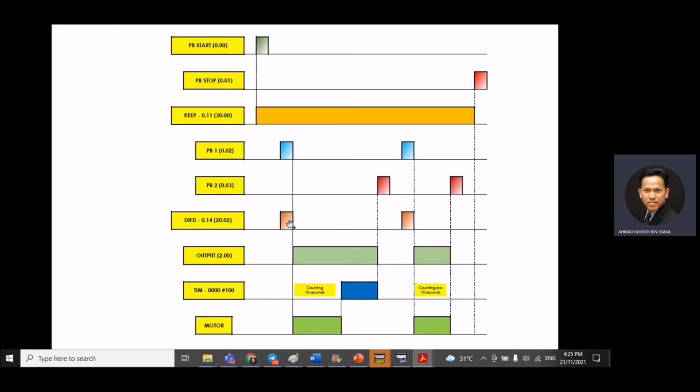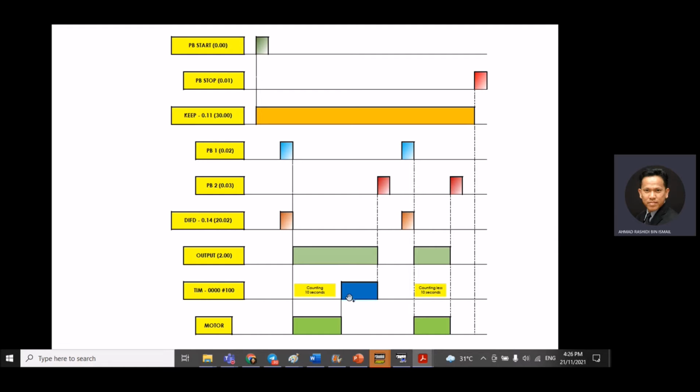So it will activate, and this makes the output 2.00 energized, plus it will make timer 000 count for 10 seconds, and the motor switches on or starts running.